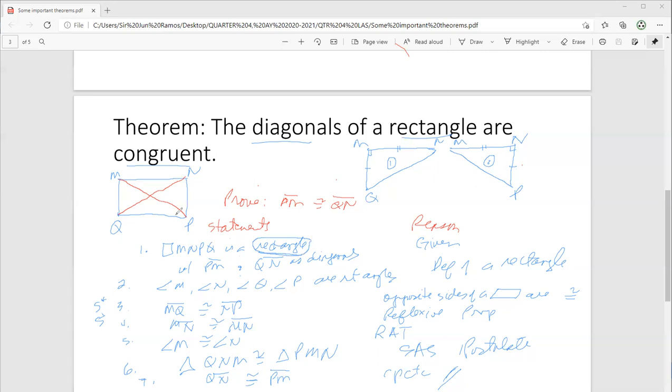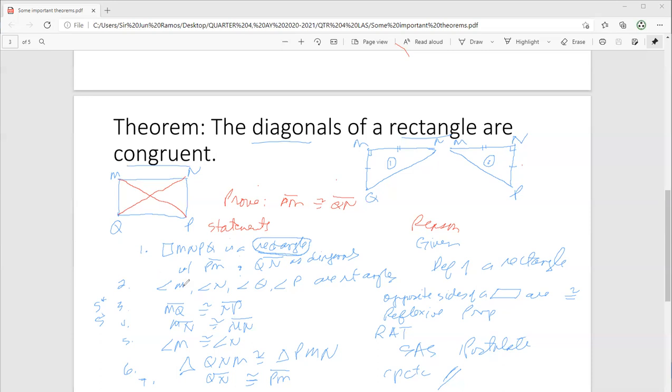The implication of this being a rectangle is that one angle is right. Okay? So if M is the right angle or N is the right angle, P is the right angle, and Q is the right angle, I had it here. And I said that's the definition of a rectangle. And a theorem says that if one angle is right, then the other angles are also right. But we would not be interested with that anymore. So to have a clear picture of what you want to show, then we split the drawing into this form. Triangles QMN and PMN were drawn, and we had the corresponding parts.